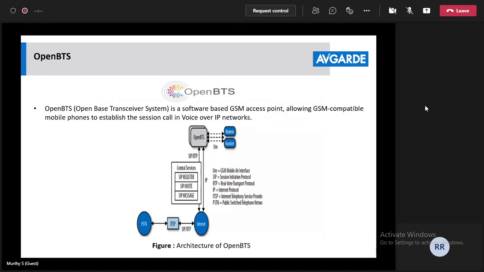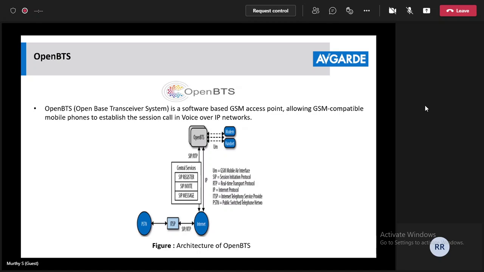Now we can check on another open source software such as OpenBTS. This OpenBTS is a 2G emulation toolkit which implements a typical GSM architecture in software. It basically includes all the components of the 2G generation digital cellular communication standard. It operates over the 900 and 1000 megahertz frequency band, and